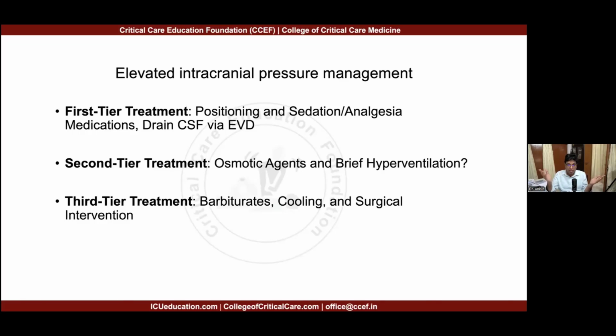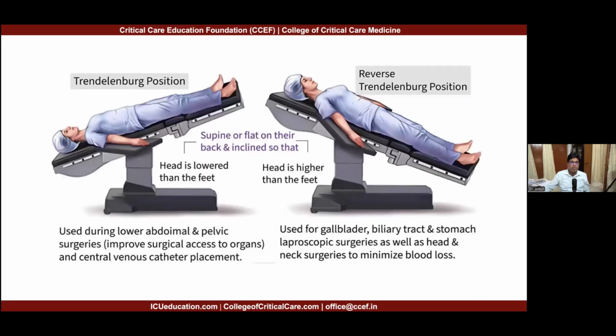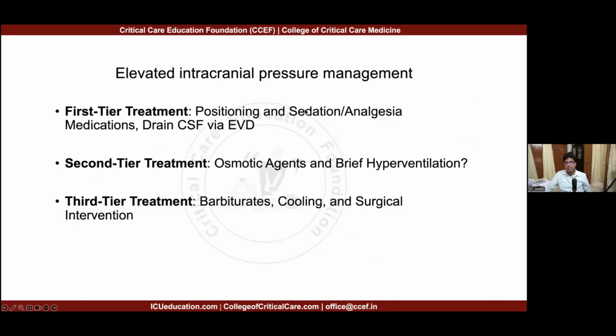Now, what if there is a cervical spine injury or a spinal injury? You cannot move the patient. For that, the solution is the reverse Trendelenburg position. This is a Trendelenburg position. This is reverse Trendelenburg position. So on the bed, you can tilt it like that. The spine is straight and not compromised, but the jugular venous drainage is there. So that's the thing. So position the patient, give sedation: midazolam, fentanyl